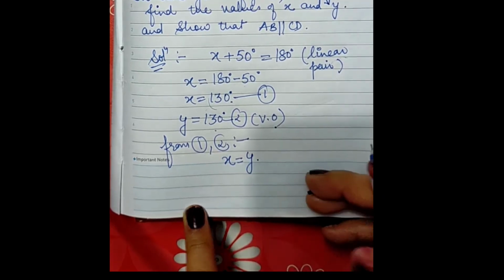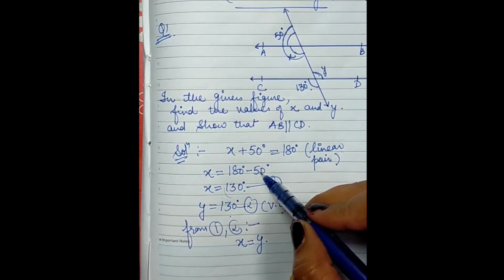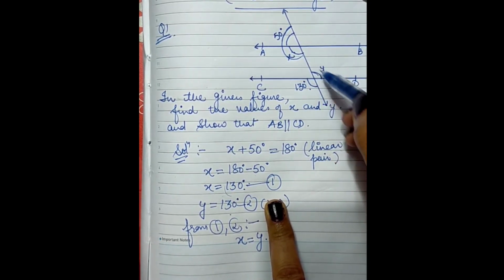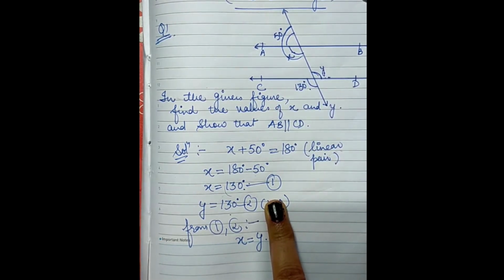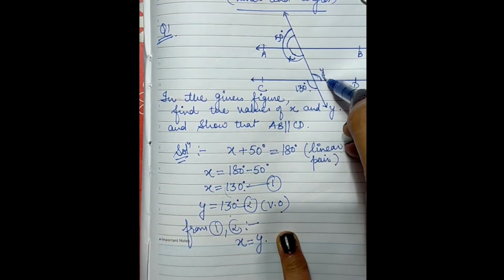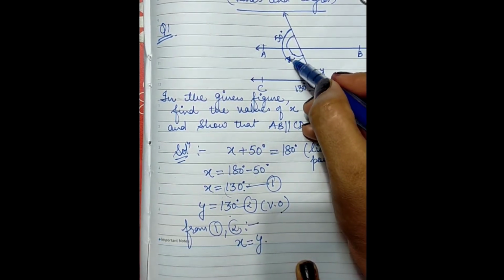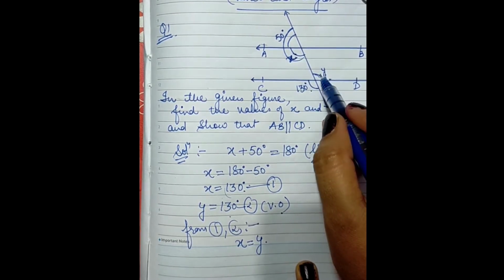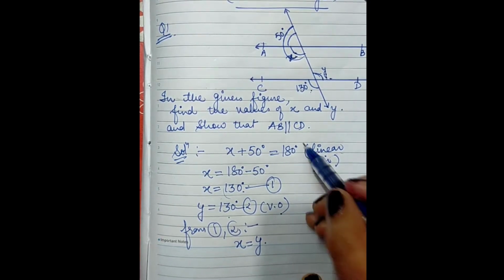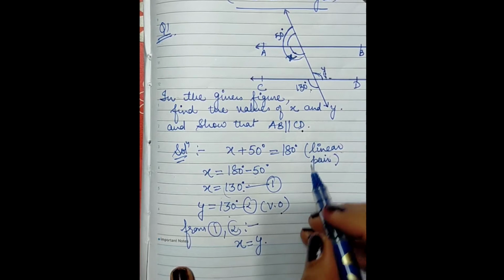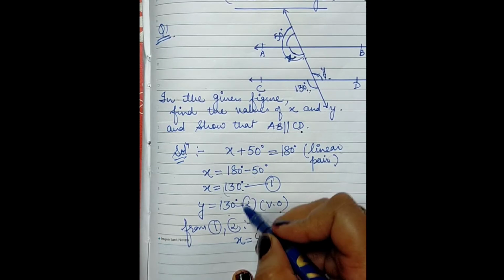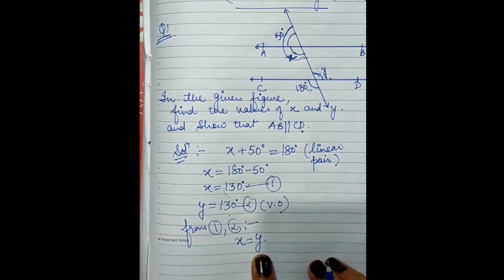Here you have to take care of one thing. After finding the value of x, you cannot write x is equal to y. Why? Because if they form alternate interior angles, the lines should be parallel, but we have not been given that the lines are parallel. So we cannot take x is equal to y. What we are going to do is individually find the value for x and the value for y through other methods. We cannot use the lines to be parallel because we are going to prove them to be parallel. So x we got from linear pair, y we got from vertically opposite angles. Now they are the same, so we have equated them.